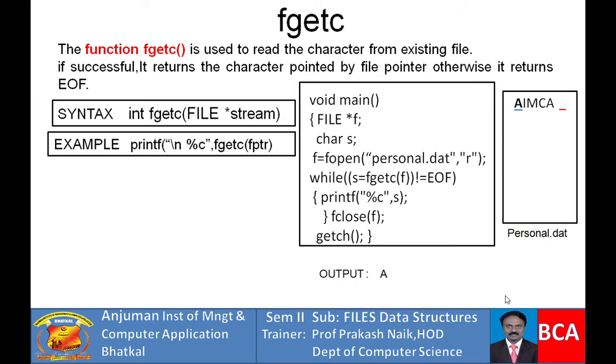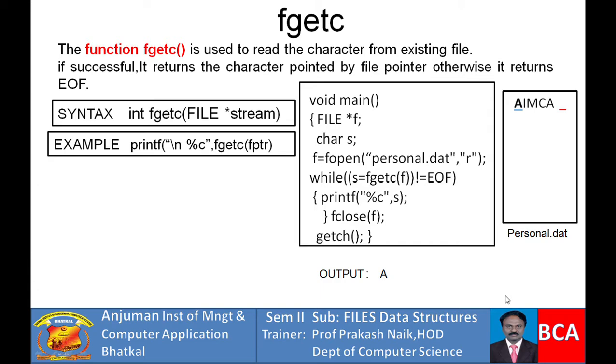So here we have an example, FILE *f. Now you may be wondering why f is used this time. Last time we used fptr, now we have used f. This is to show you that we need not always use ptr or always use fptr. We may give any name. That's why we have given here FILE *f.